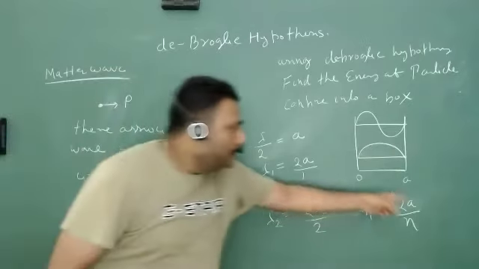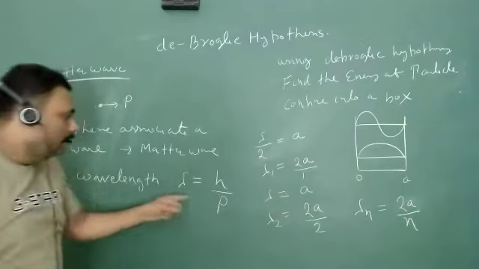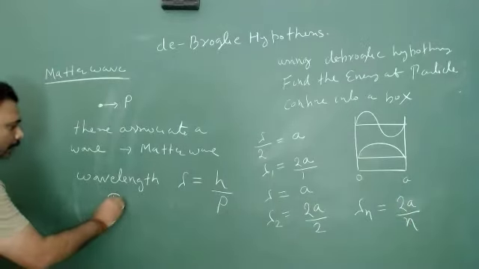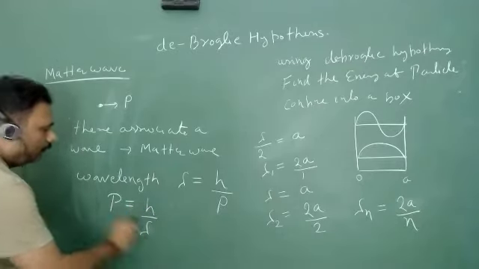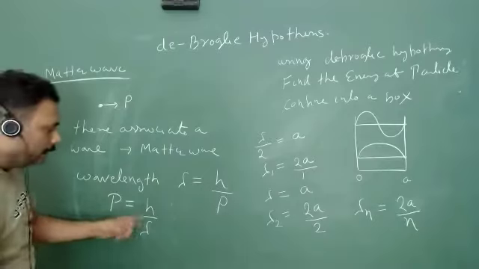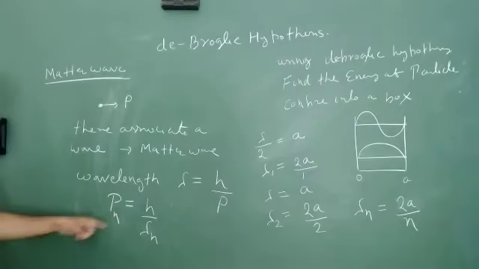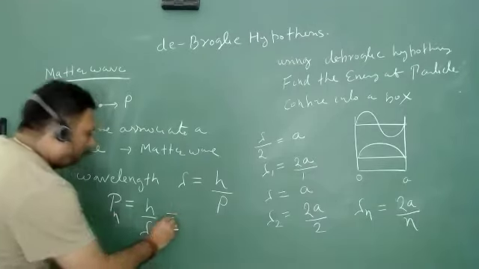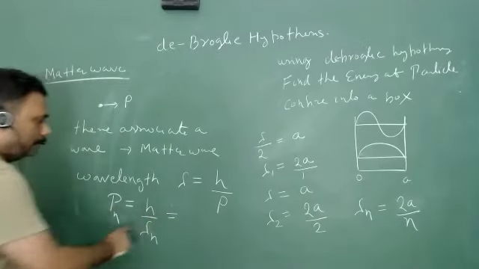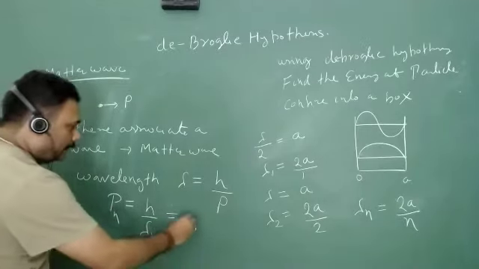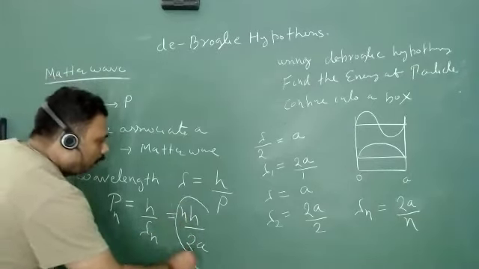So if lambda is not continuous, lambda is itself discrete. What is the meaning of that? It means my momentum. So what are the possible momentum? Momentum is all about h upon lambda. And here lambda is not continuous, rather lambda is lambda n, then we can write Pn. And what is the possible momentum? If the particle is confined into a box, I can put lambda n as h upon 2a into n.